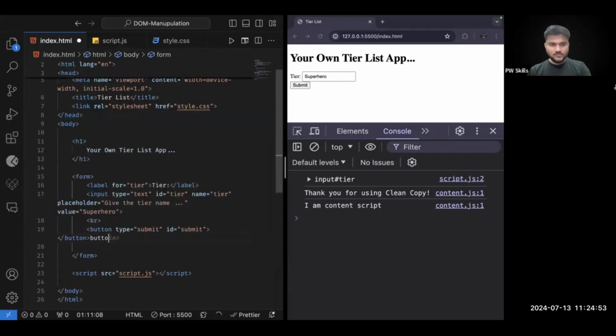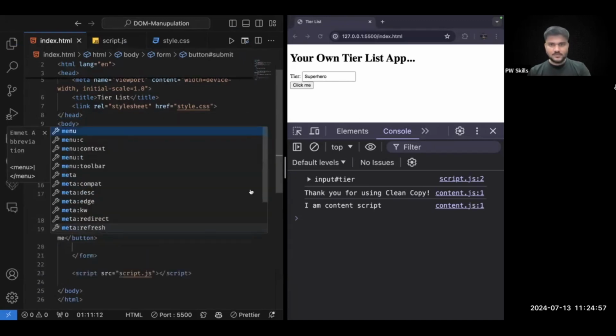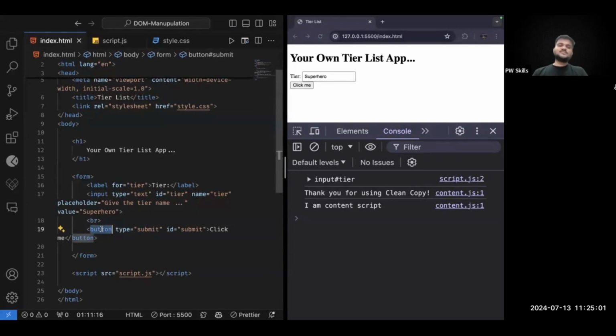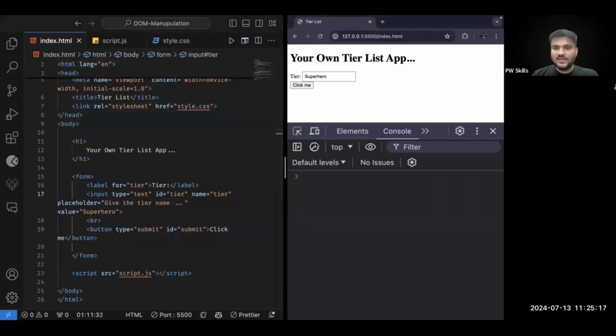And I would like to change this input to a button for a moment again. Why I'm changing this input to a button, you will realize in some time. Okay, so I've changed it to a button. Why am I changing it to a button? Because if I keep this as an input tag, then the default behavior of the submit input in a form tag is that it refreshes the page. I will show you later how you can stop refreshing the page by using the input submit also. But for now, I keep this as a button. Now, if I click on this button,